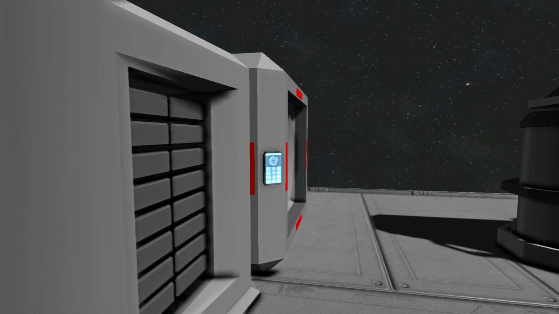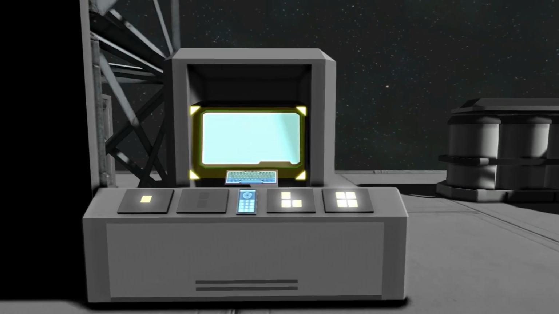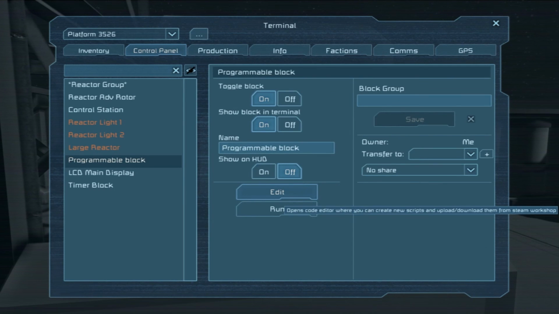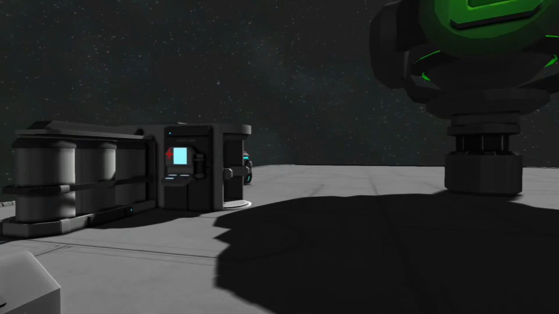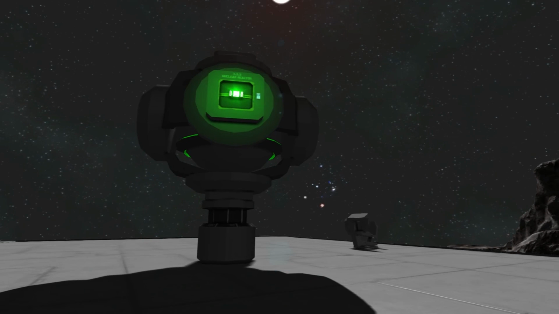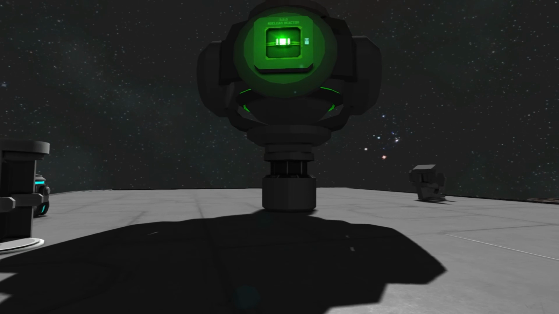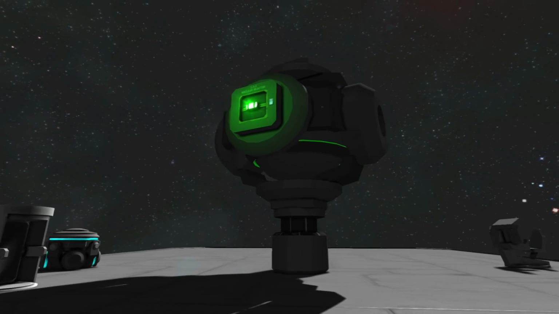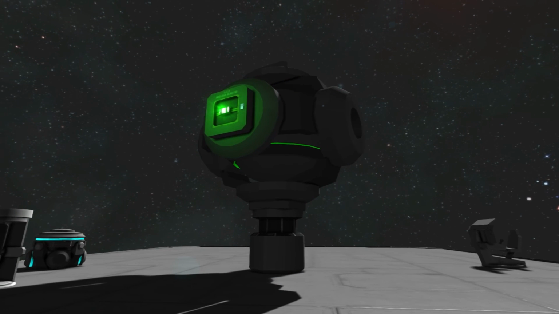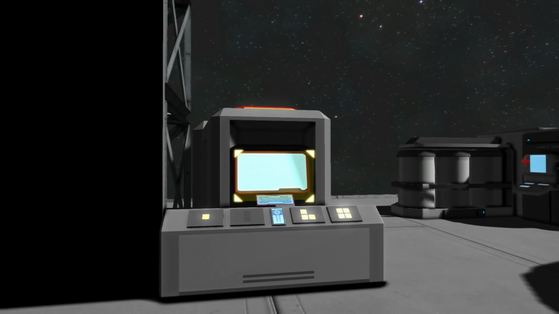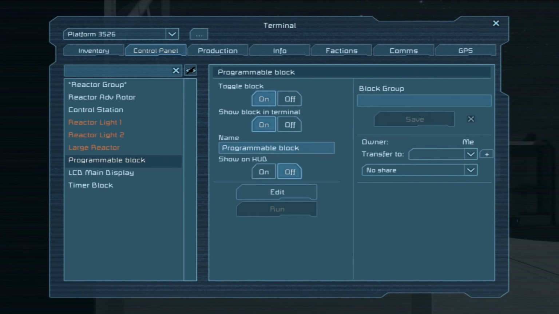Alright, turn this off. Alright, now turn this off. Alright, so it is moving. Though why it's causing so much lag or frame rate problems, I don't know, because it didn't even do that on my single-player world, my Let's Play. I don't know what that's about. We'll turn it on, run it.